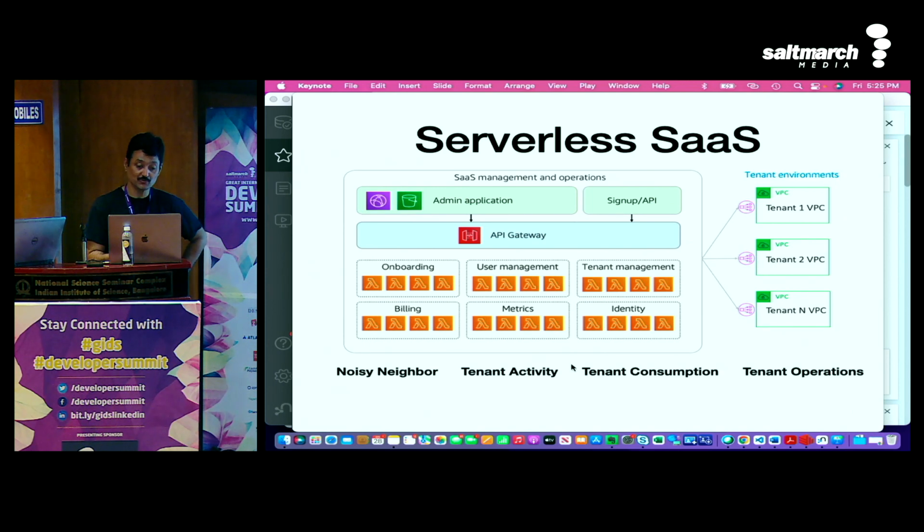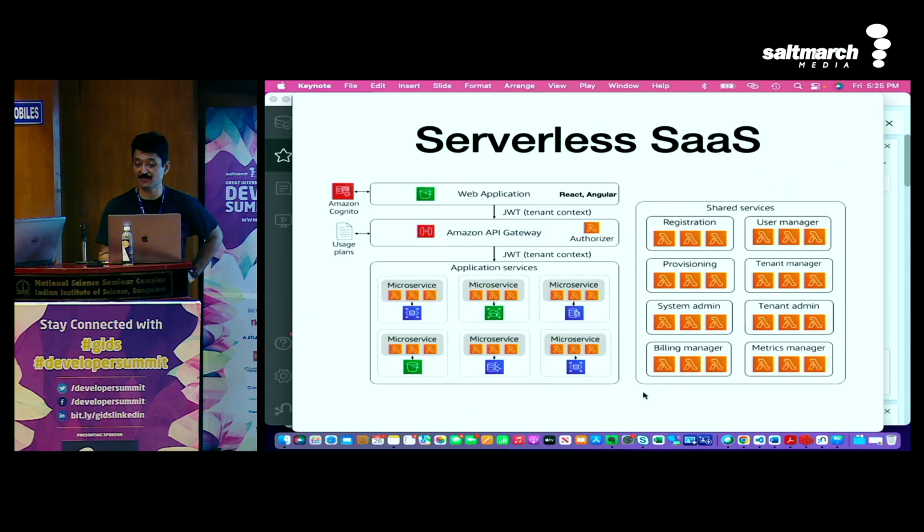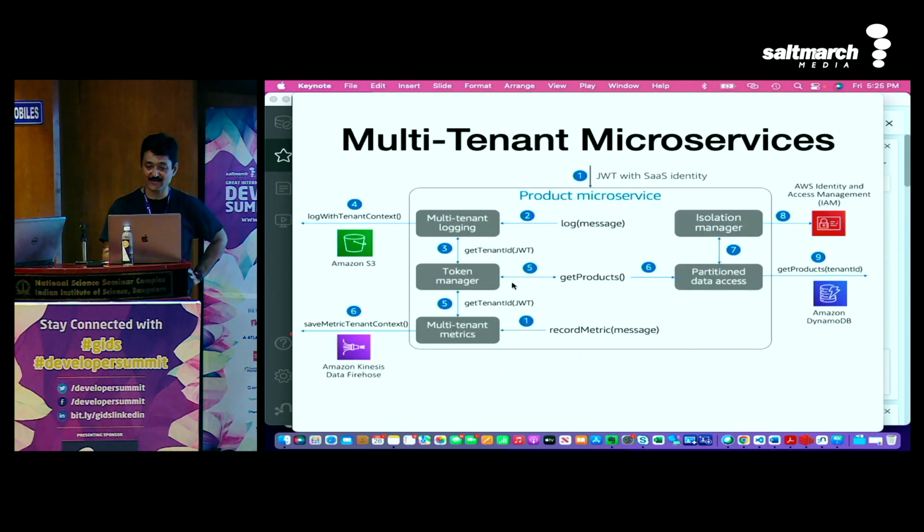That means you need a tenant consumption model. You need to find out how much they're consuming in the database. Based on that, you charge them money. Charging the money means you're connecting through the JWT account, through the product service. Now you're sending it to S3 buckets. So this is a database, a store in the database, where the log is tenant agnostic. That means you're putting a slash customer ID and then processing that value.